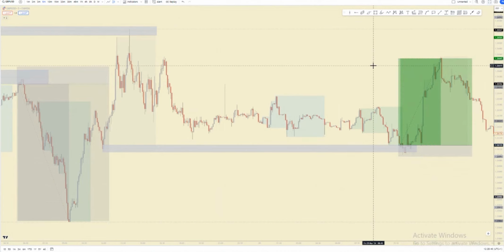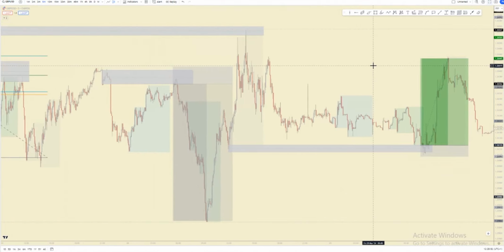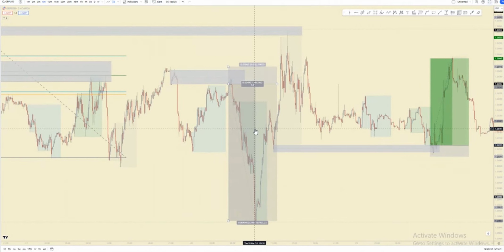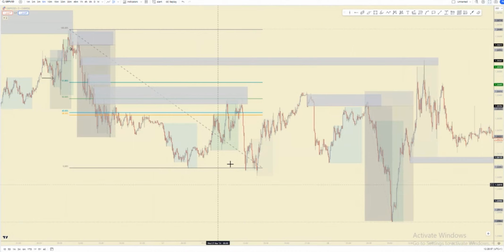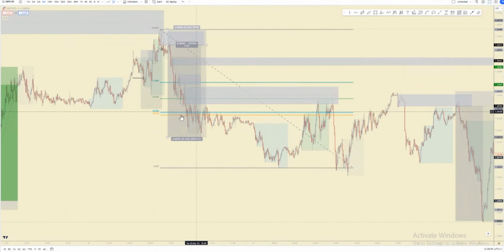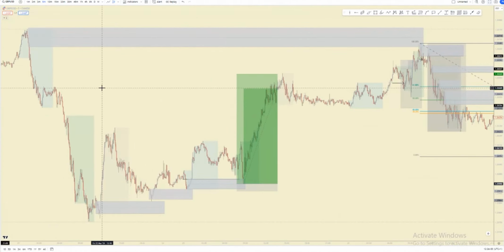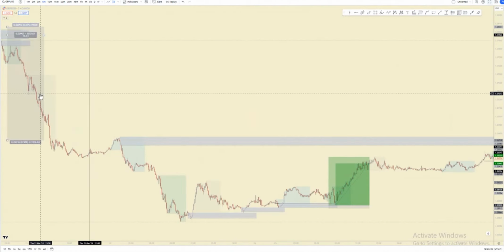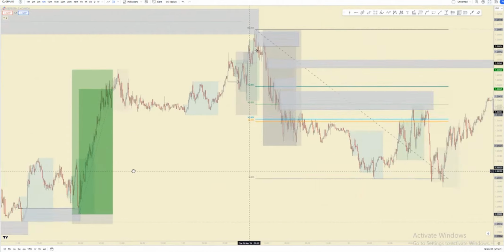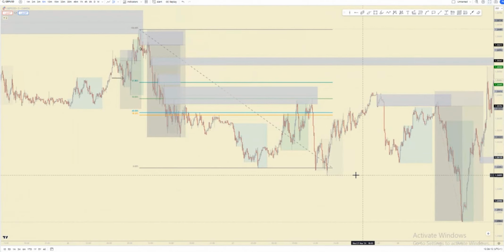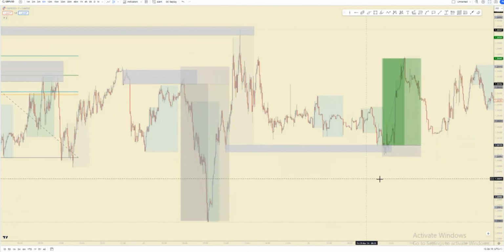Did it play out? Of course it did. How many wins have we had now? Let's count. 1, 2. This was missed. We didn't trade here. 2. 3 wins. This was a loss. 4 wins. This was mixed. 5 wins and a loss. Maybe we could have taken a loss here, but later we'll add that one.